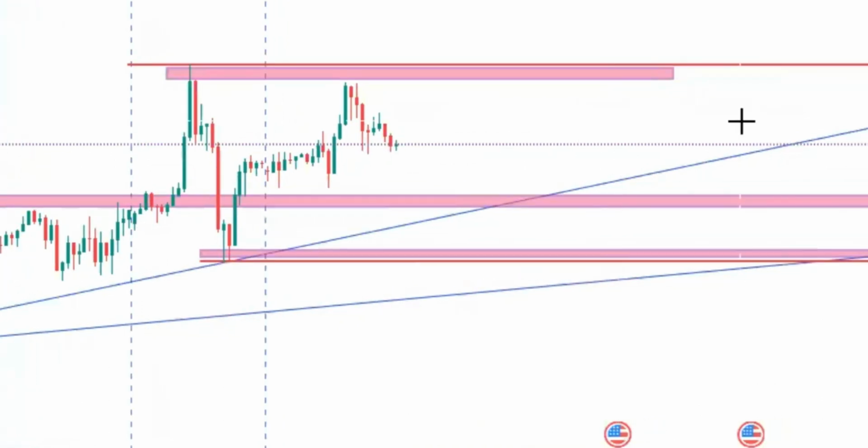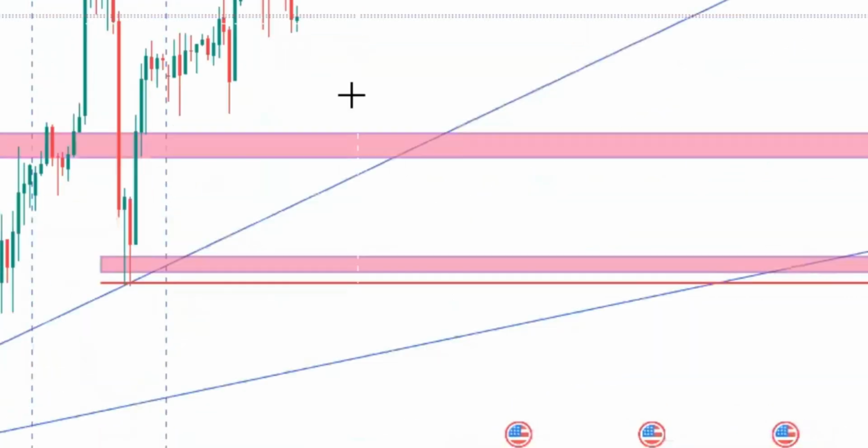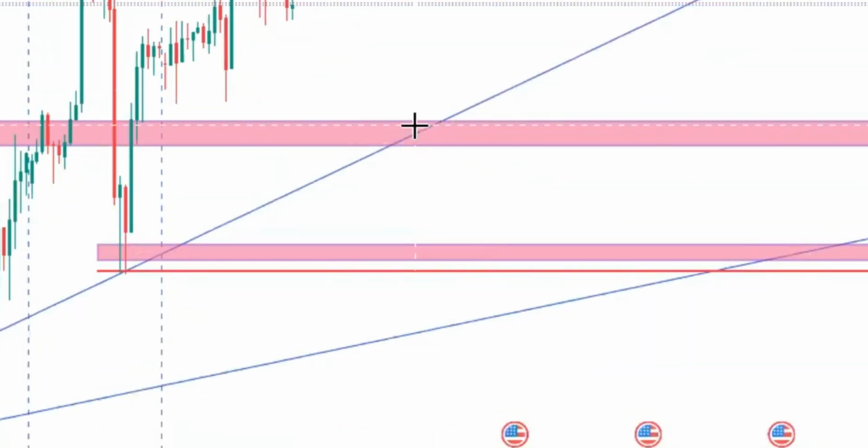If you see a reversal pattern here, you are good to long. Or here, if it comes here and fails to give you a reversal pattern like an engulfing, a tweezer bottom, or a morning star, don't take action. Wait. If it doesn't give these three candlestick patterns I've mentioned, don't take any action.